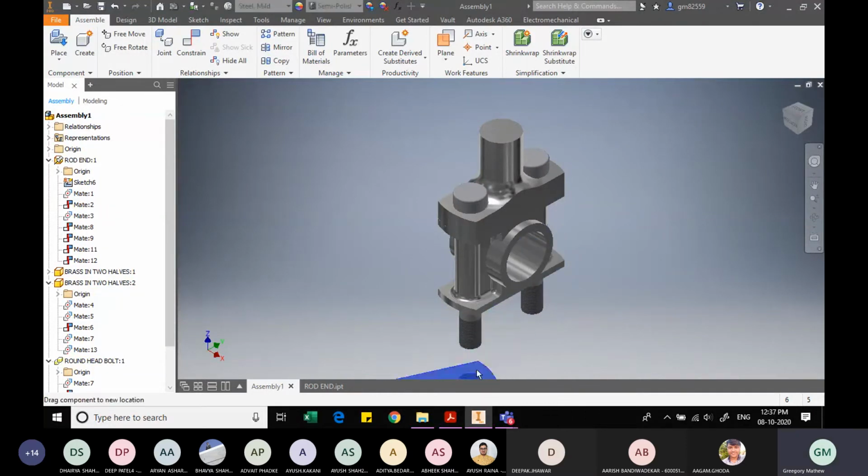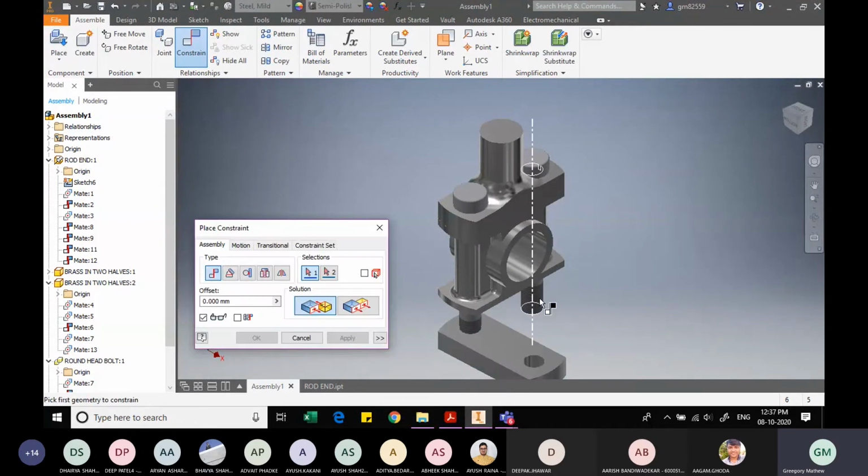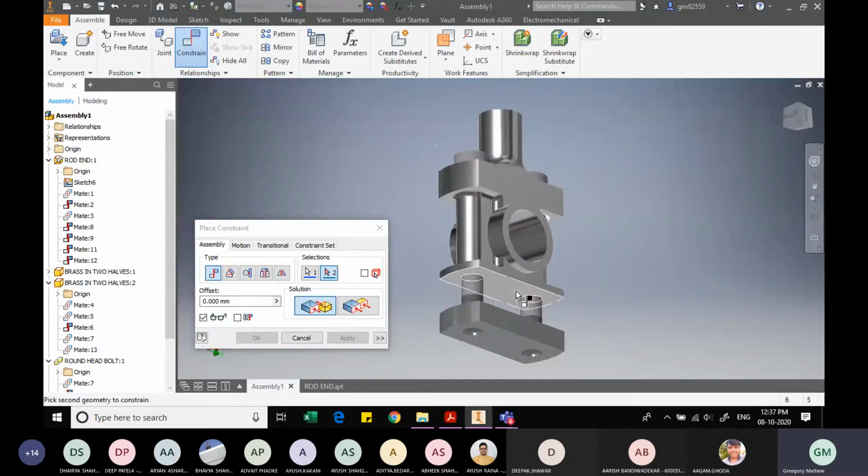Where is the cap plate? Yeah, this is the cap plate. So we have just constrained one hole. Now let us constrain the axis of the second hole. So using the constraint option, constraining this axis and this axis. And now we want these faces to be in touch. So selecting this face and the corresponding face, which is this. So we are done with this.